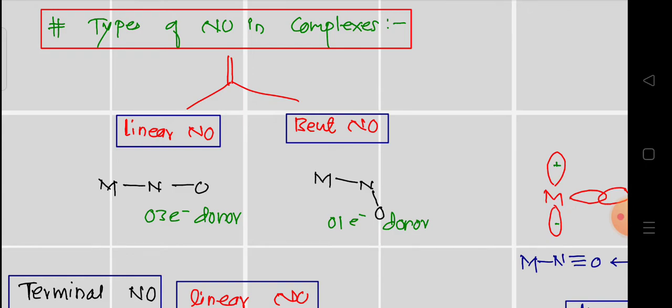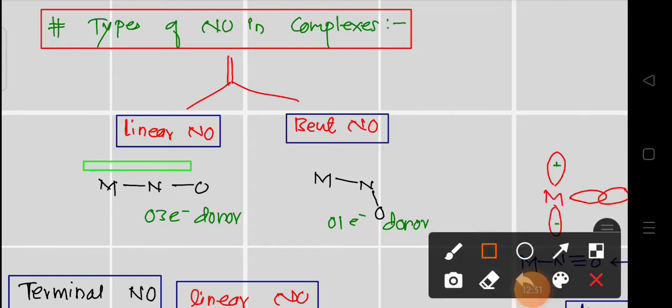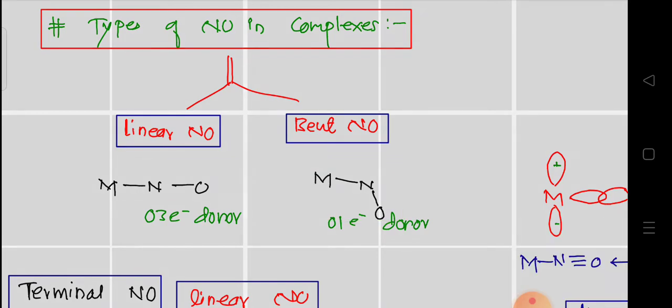You know that NO is of 2 types, basically based on geometry and electron count. One is called a linear nitrosyl, the second is called a bent nitrosyl. Now in the case of linear nitrosyl complexes, the structure is linear. You can observe here the MNO angle becomes nearer to linear, that is 180. In the case of bent, you can observe that the angle is reduced. Linear nitrosyls are 3 electron donors, while bent nitrosyls are 1 electron donors. So based on that we can count the electrons.